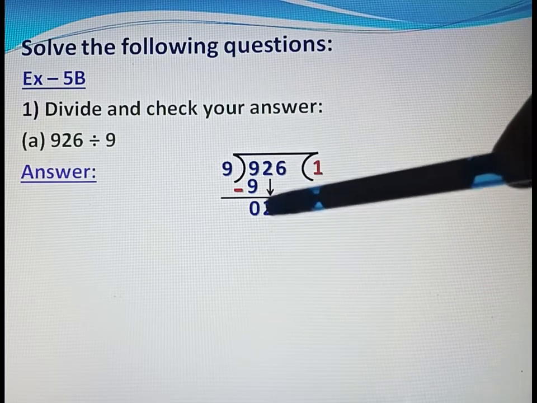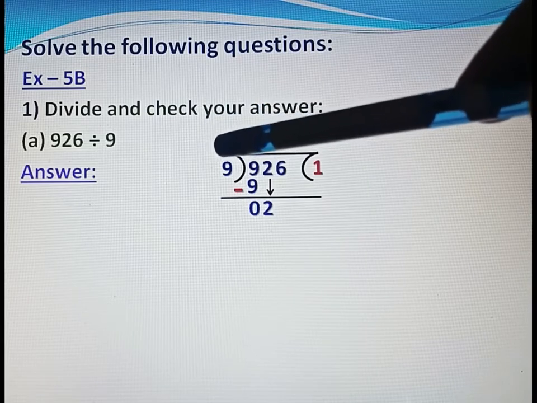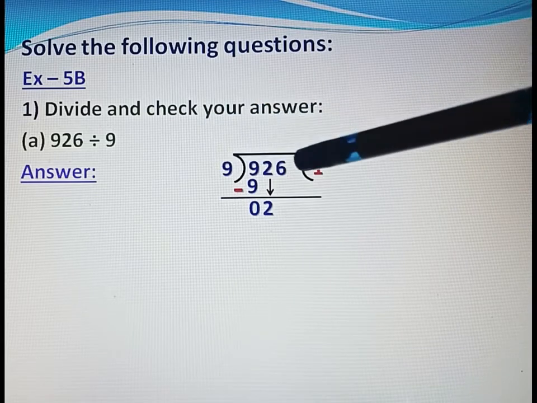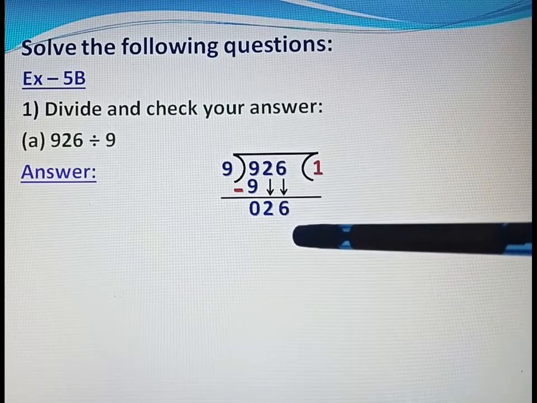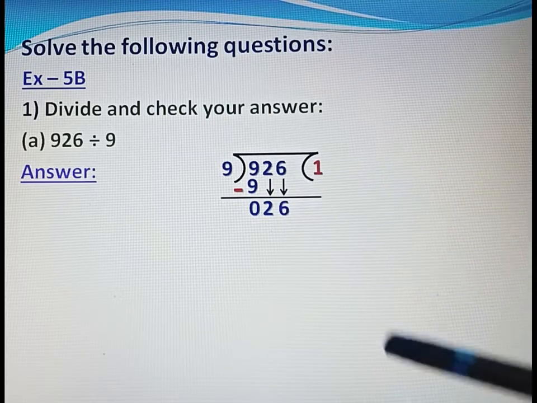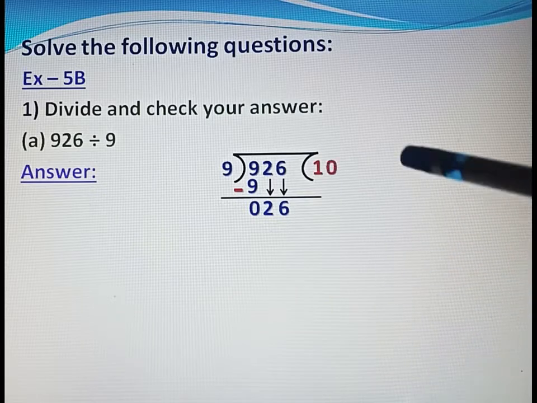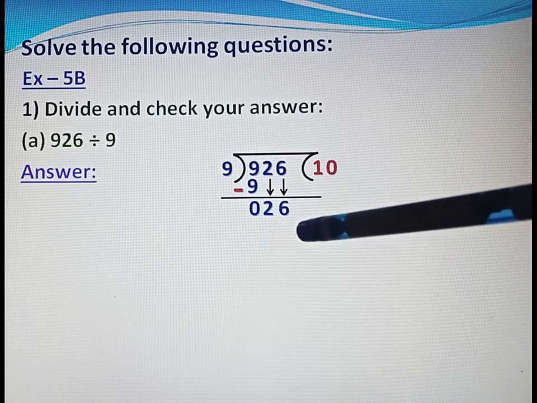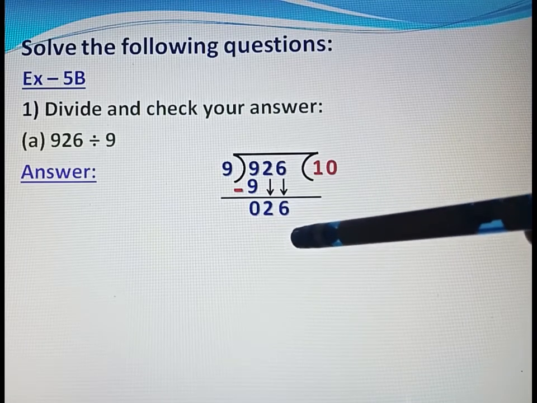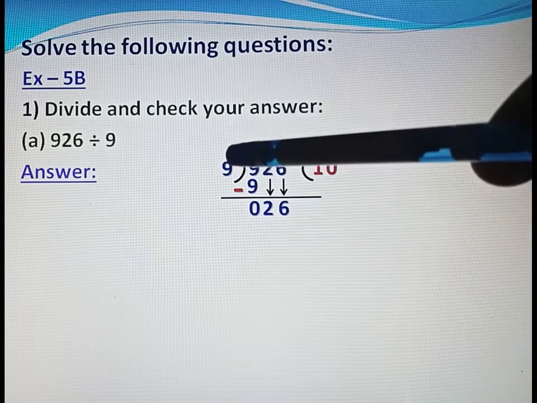Now see, 2 is smaller than 9, so we can't multiply, so we will take the next number, that is 6. If we take 6 as the next number here, we will put 0 in the quotient, and then we will multiply this 9 so that it is equal to 26 or less than 26. It should not be greater than 26. Multiply